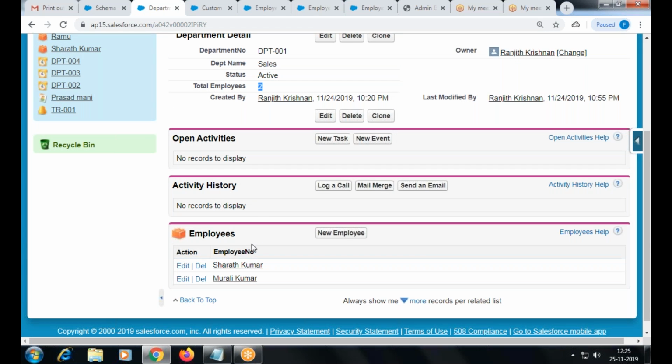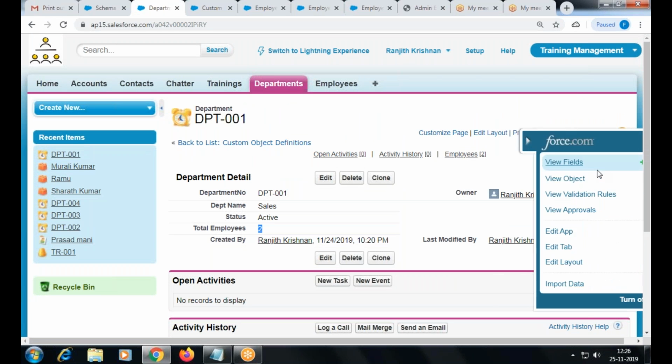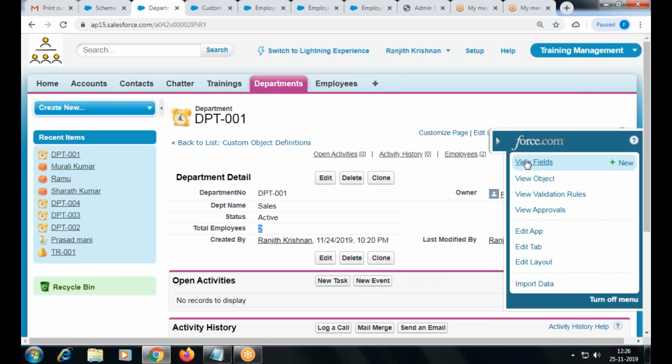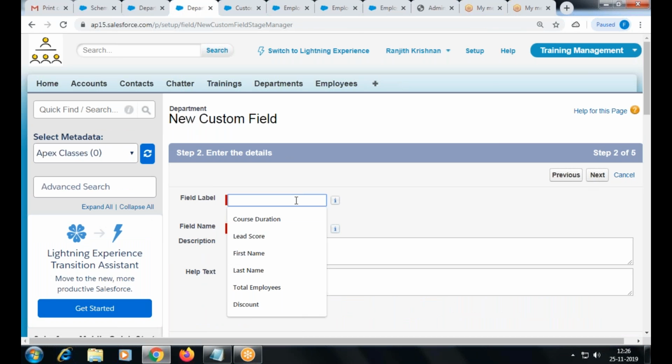Okay. Similarly, I would like to sum up the salaries. I'm going to create one more roll up summary field on department. Roll up. Next. Total salaries. Total salary. Next.